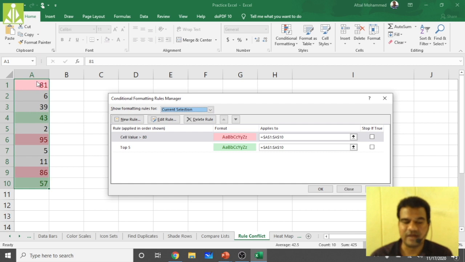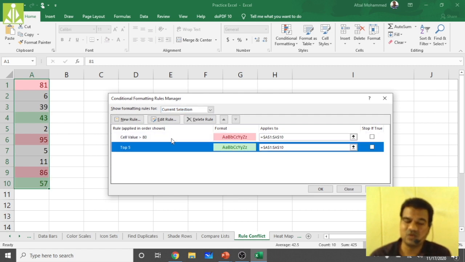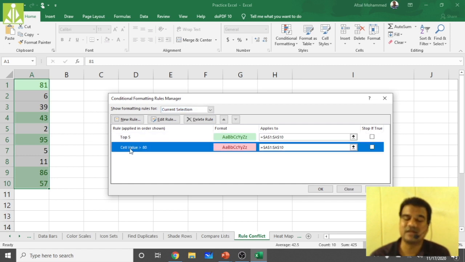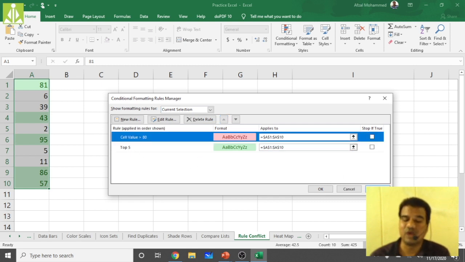And they are not getting green because, in my consideration, green is applied first, then red is applied. Green is applied first and then red, because I have shifted the considerations. In this way you can shift the considerations and check what rule is giving what values. So if you want to see the values which are greater than 80, you have to make that rule the most recently applied rule. How can we make it the most recently applied? Simply by shifting it up, and then click on apply.